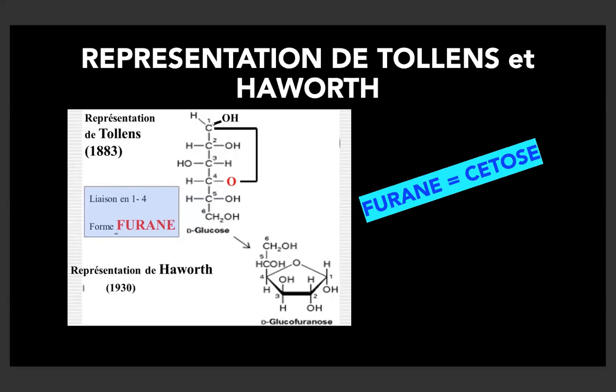So we have a representation de Tollens et Haworth. We know that glucose is an aldose. Being an aldose, it is supposed to form a liaison with its other function within the glucose molecule itself. A glucose molecule can be considered to be an aldehyde